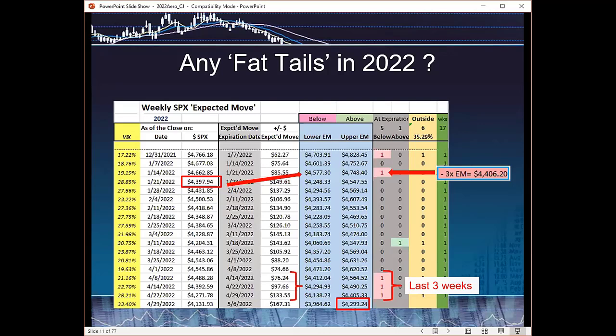Now, look at this week. We see a $167 expected move, that's plus or minus from last Friday's close. Where did the market close yesterday? Yesterday, we had that rally in the last hour or so of the day after the Fed. We closed within a few cents of what? The one standard deviation move up, or 42.99.